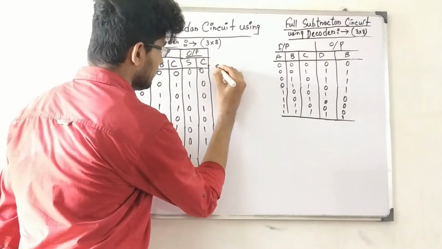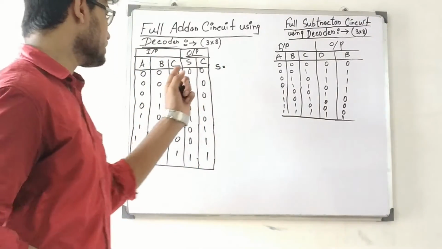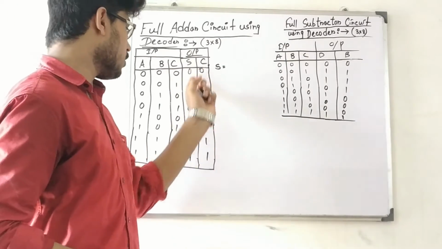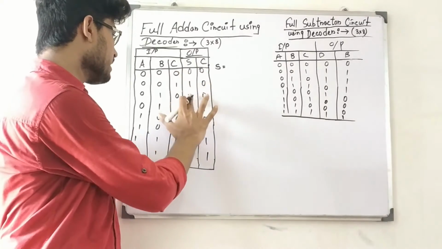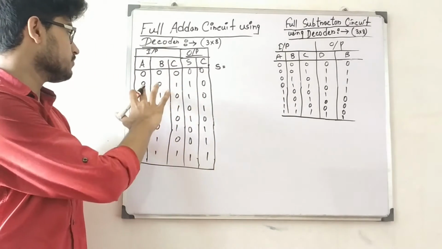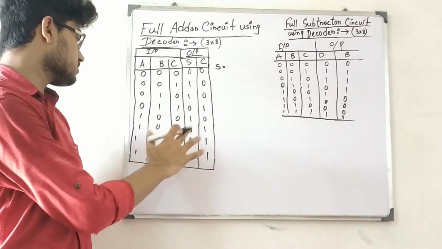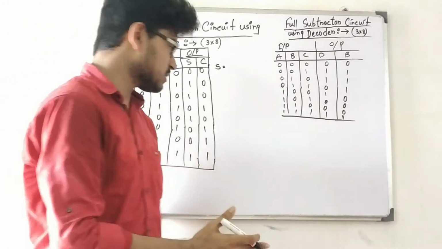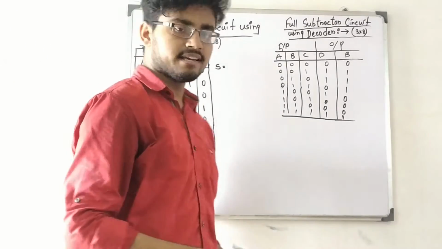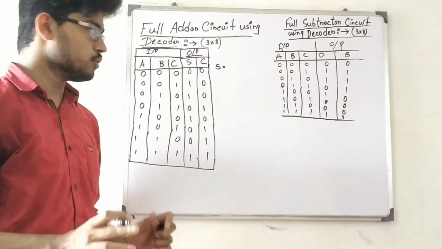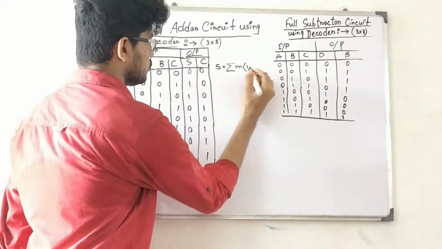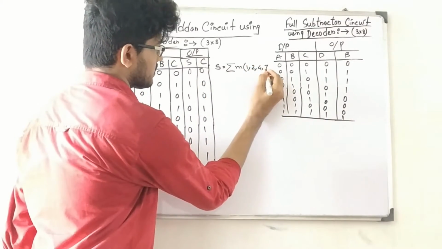So we can write the sum term S. You see that in the sum column only these bits are high and all other bits are 0, right? So only the 1, 2, 4 and 7 input bits are high. If we give 0 0 1, 0 1 0, 1 0 0 and 1 1 1, or 1, 2, 4 and 7 in decimal form, as inputs to the full adder circuit, then we only get the high output. Otherwise, the rest of the outputs are low. So we can write the sum term as summation of m 1, 2, 4, 7, right?